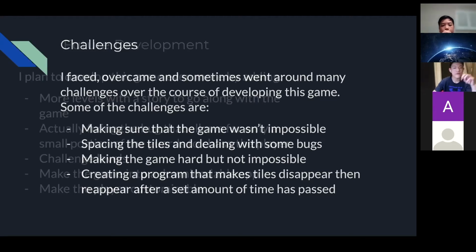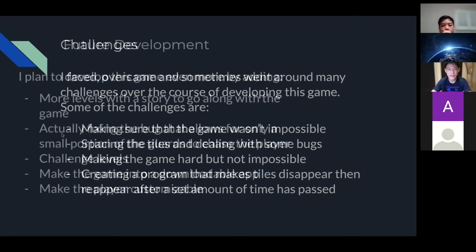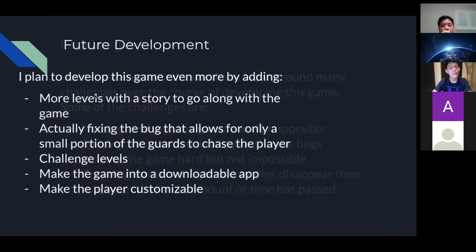And for future development, this is very ambitious of me, but I plan to develop the game more. I'd like more levels to go along with the game, and actually fix the bug that allows for only a single player, which is what I mentioned in freestyle.